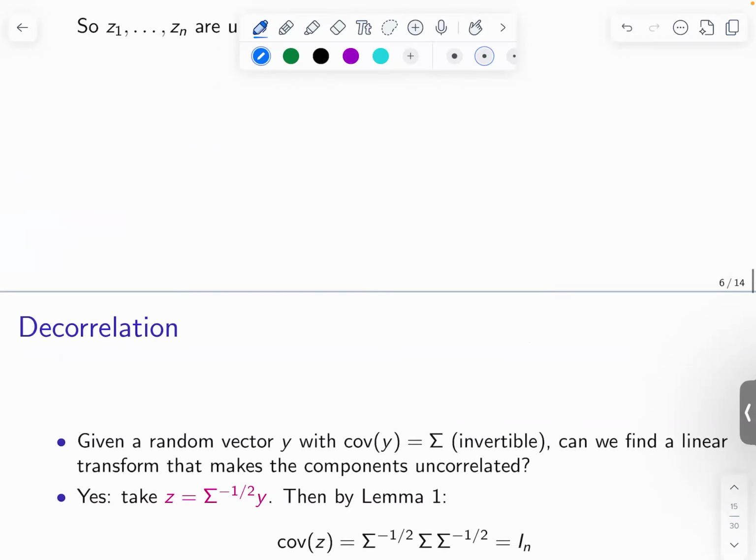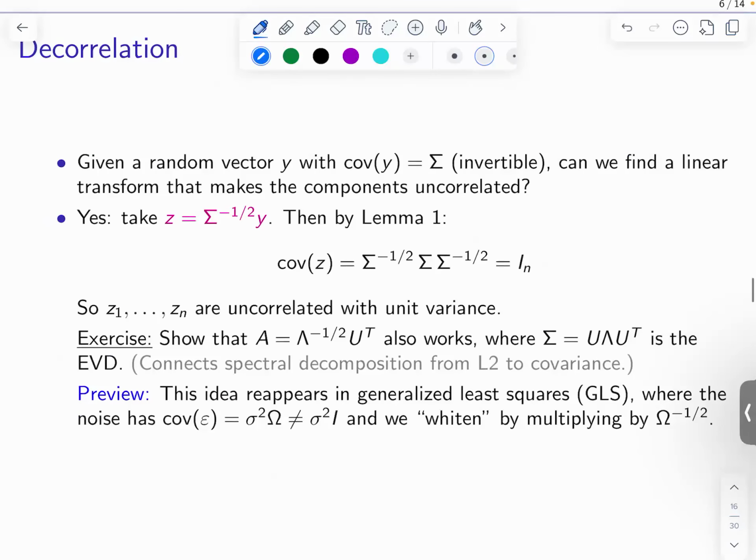Okay, there's one more topic here, which I'm going to skip mostly, and that's the correlation. So using that fact, the covariance of AY is A Σ_Y A transpose, and we can construct an A such that this side is identity. There are many choices. In particular, a choice of interest is sigma to the -1/2, the inverse of the square root of sigma,